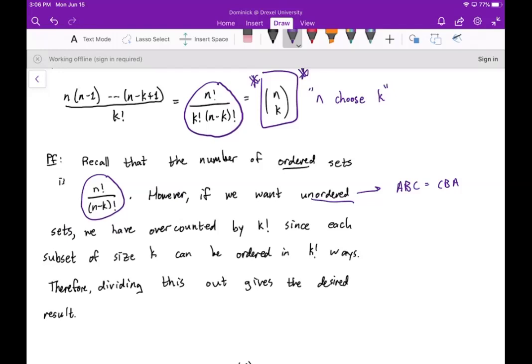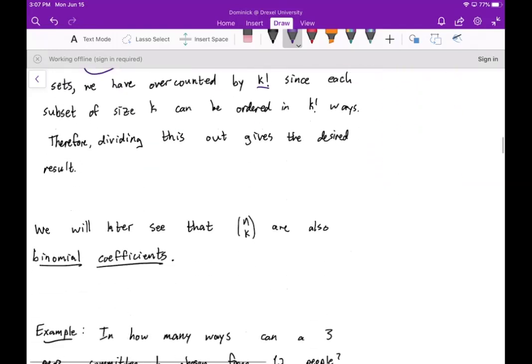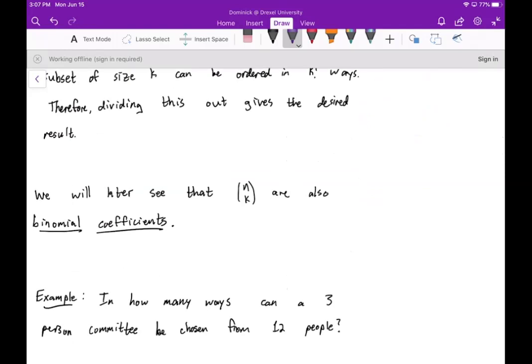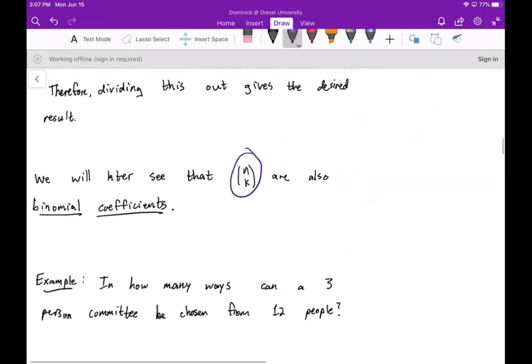Now, there are k factorial ways to scramble those letters. So if you want the unordered sets, you've overcounted by k factorial. If you divide this out, this gives you the result that you want for unordered subsets. All right, and of course, we'll later see that n choose k also ends up being what are called binomial